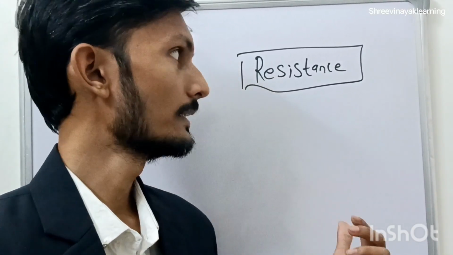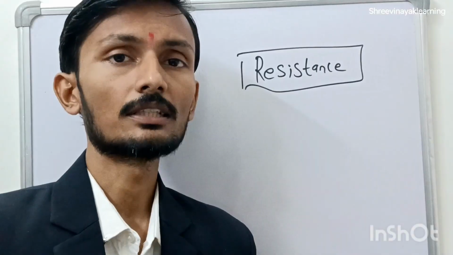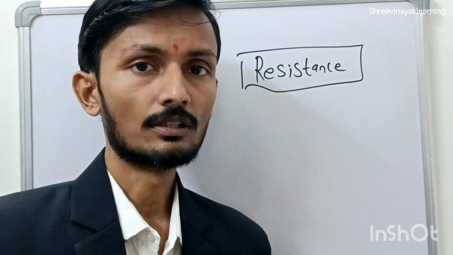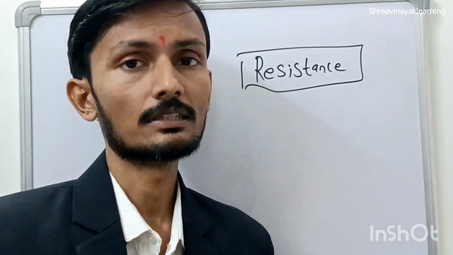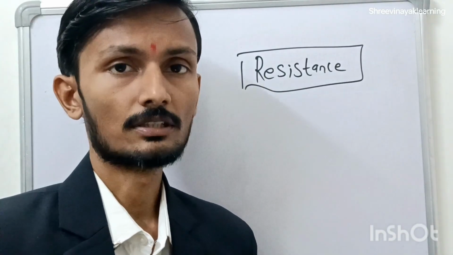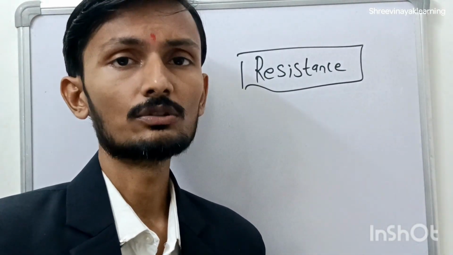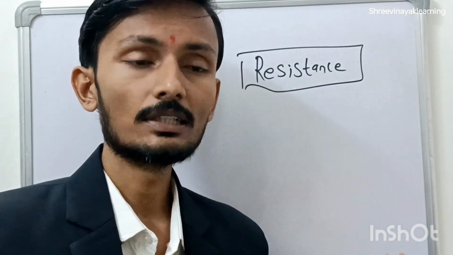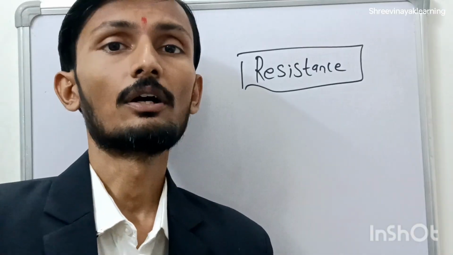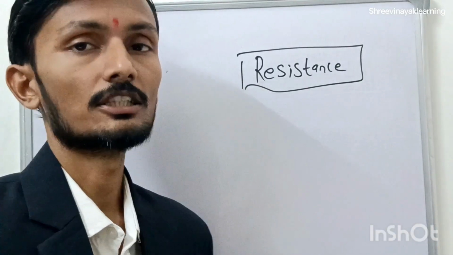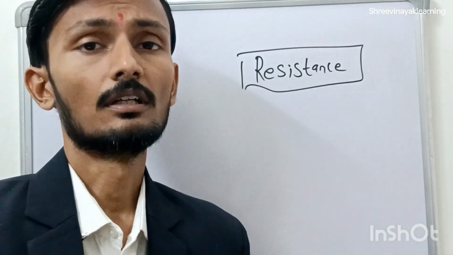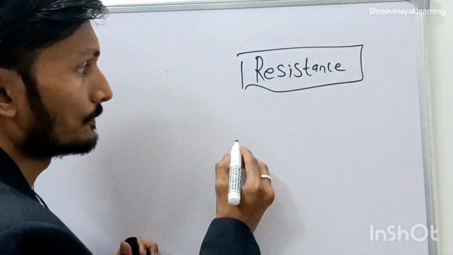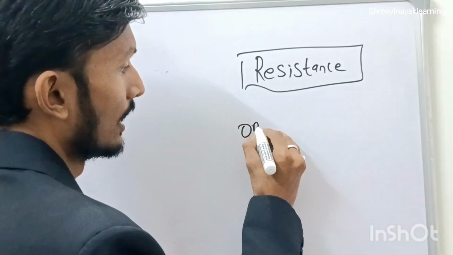Today's discussion topic is resistance. In the previous class we discussed electric current, its unit, and how it flows. The discussion of this lecture is resistance. We have heard this terminology so many times, but do you know what resistance is? In this lecture we are going to discuss the various aspects, terminology, and important facts related to resistance. In short, we can define resistance as basically opposition